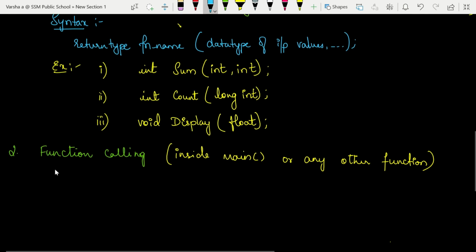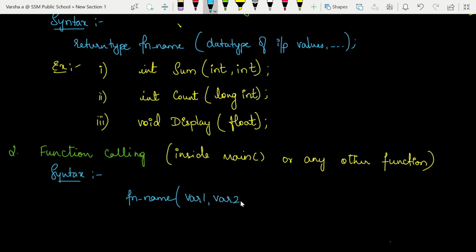The syntax for function calling is: we have to give the function name. To call a function, I need to use the name of that function and give variable names. These are the variables of the data type mentioned in the function prototype.